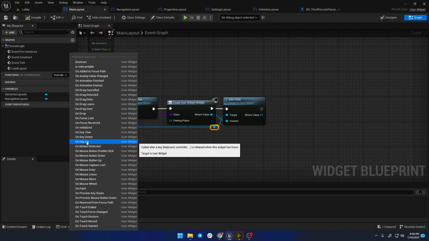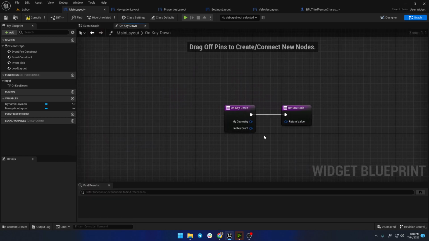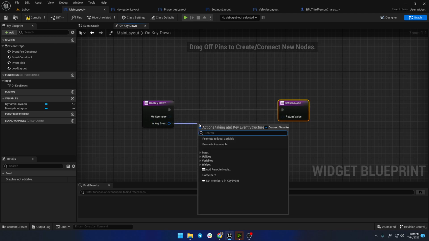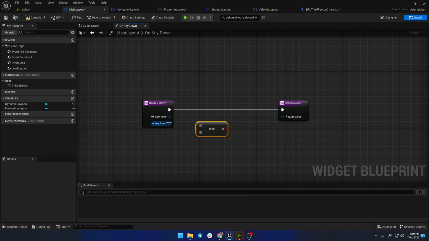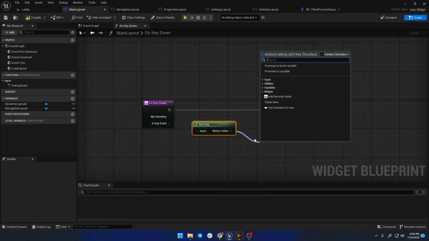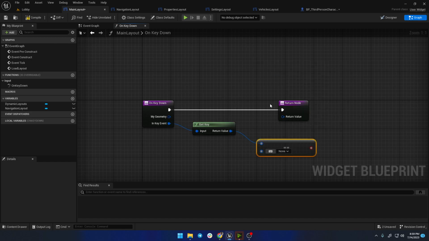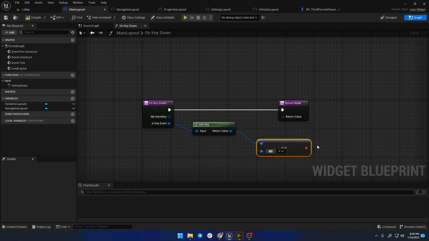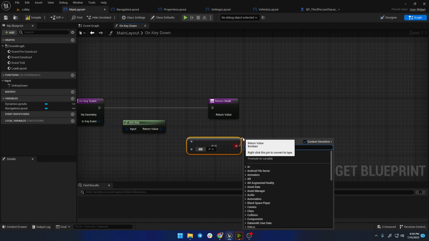Let's go with on key down. On key down, in key event, equal P. Oh, get key and check if key is P. So keyboard, come down here and find P. If it is, branch,